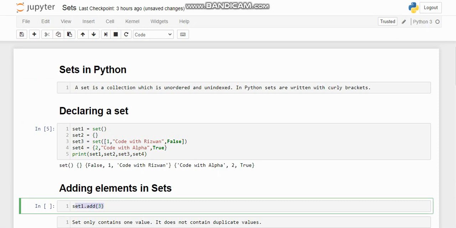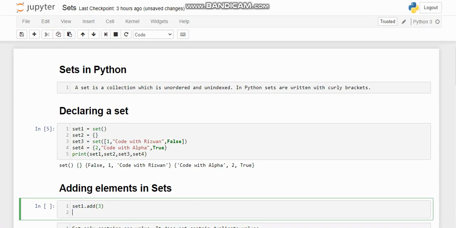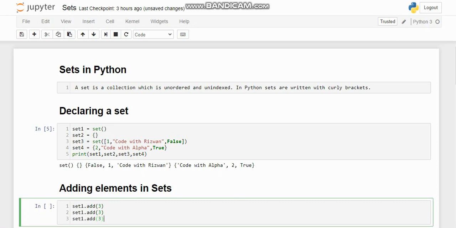Similarly, I can add string values and float values the same way. The next value I will add is a pi value, that is a float number, and the last value I'm adding as a string value.